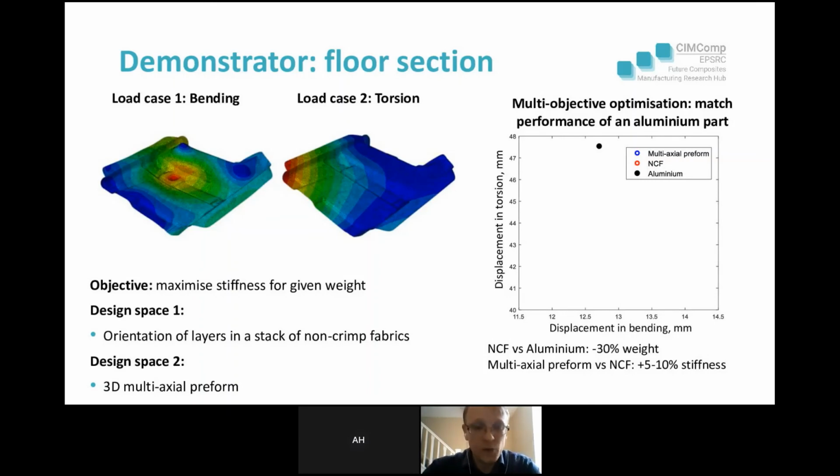When we simulate this floor panel using finite element analysis, we will get the map of displacements in bending and in torsion. And if, for example, this panel was made out of aluminum, its performance would be represented by this dot: a certain displacement in bending and torsion. When we consider a composite made out of non-crimped fabrics, we can get different designs. Each of these dots on this graph represents a different layup made out of non-crimped fabric. And we see that some of the designs are actually better in both torsion and bending than the aluminum part,